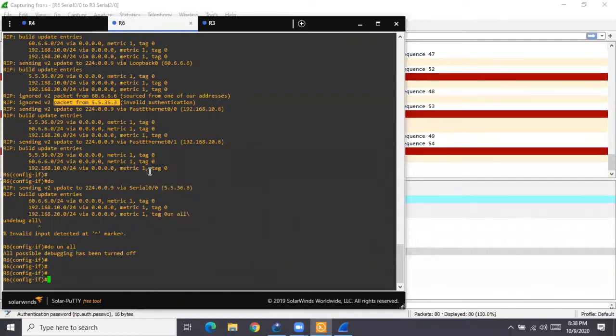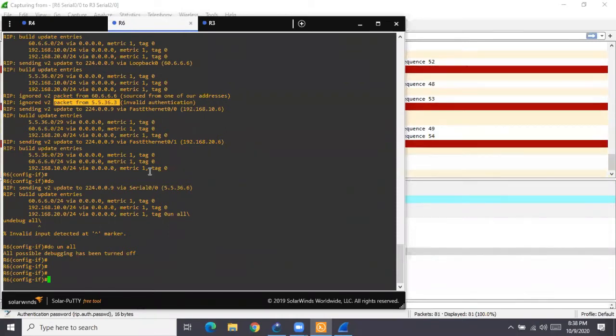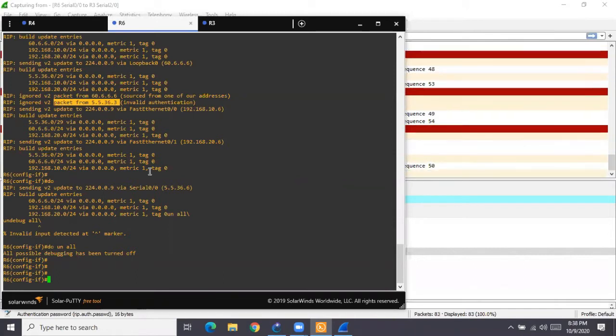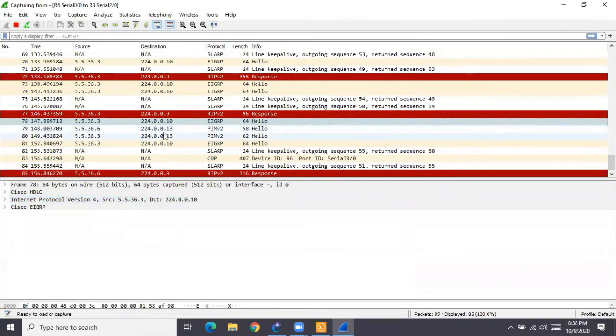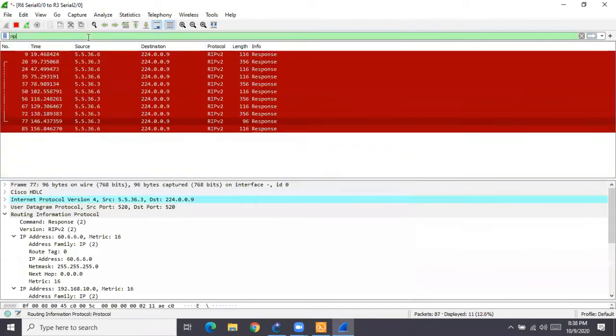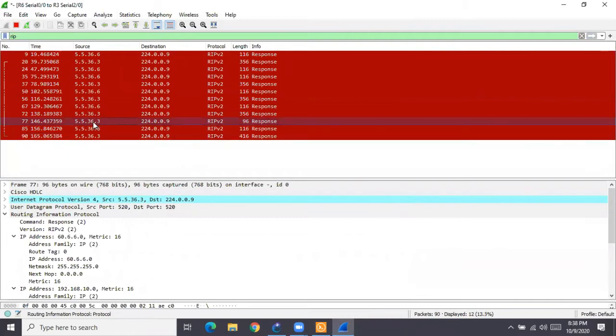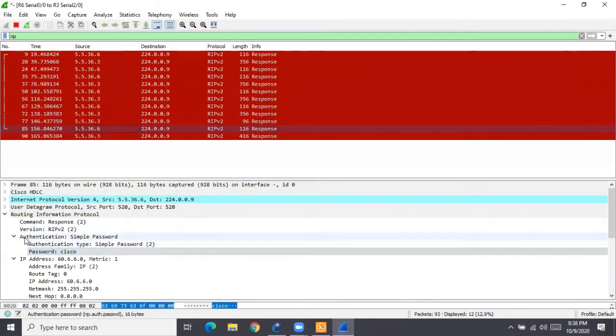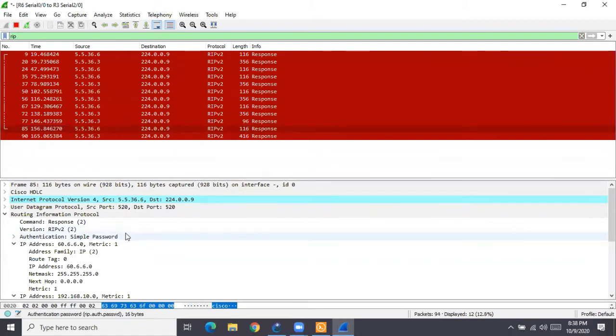It is sending, and along with the update, it is also sending what? The password. That is what we see here. See, RIP, so beautiful. Wireshark clearly shows your protocol. See all the messages. In R3, if you see, I selected R3. In R3, nowhere is there authentication. But if I select R6, you see authentication information. Authentication is there like that.